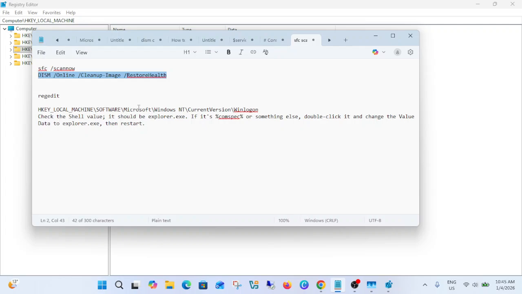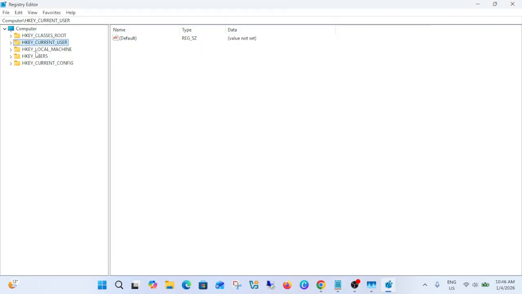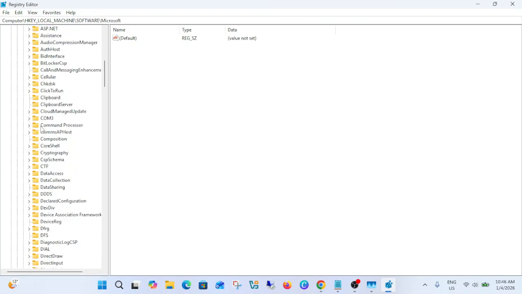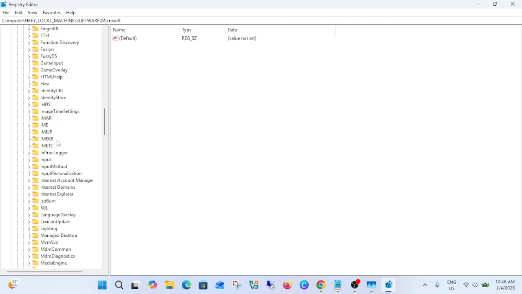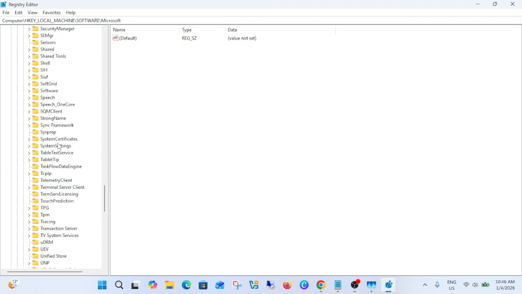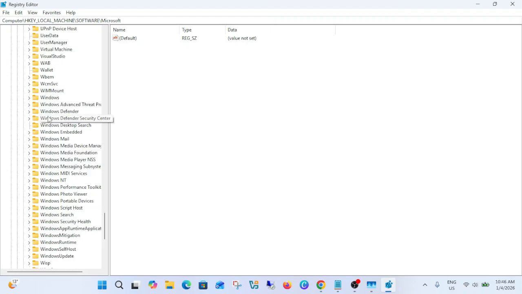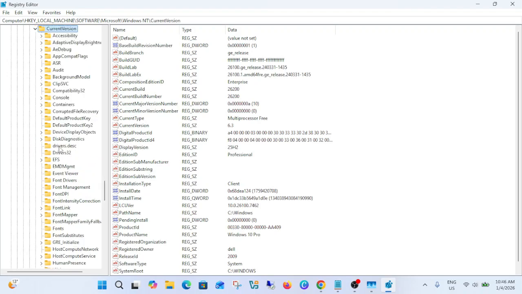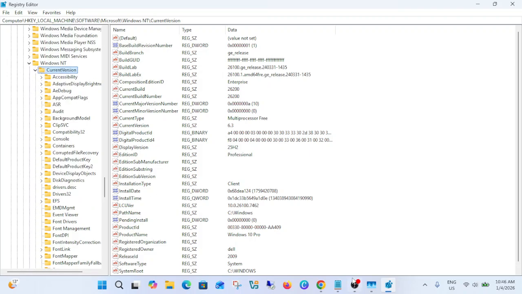HKEY_LOCAL_MACHINE, SOFTWARE, Microsoft, Windows NT, and CurrentVersion. HKEY_LOCAL_MACHINE, SOFTWARE, then Microsoft, and then you need to look for Windows NT in the W series. Make sure you carefully follow these steps, especially the registry one, CurrentVersion. And once you see the CurrentVersion here,